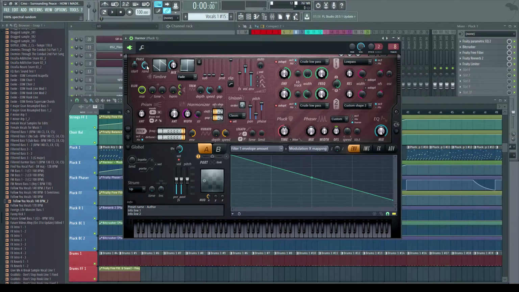But the funny thing is that if you have it all the way to the left, which is 100% spectral randomness, basically every single phase or partial, whatever it is, maybe sine wave, I don't even know, but all the little frequencies that are playing within Harmor are going to be completely phase random, and what this is basically going to do is blur the sound.